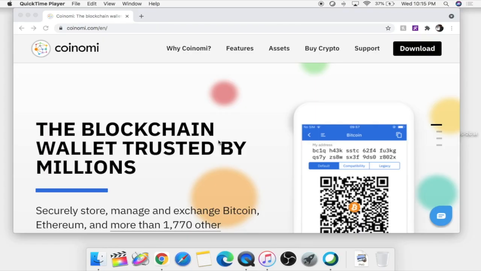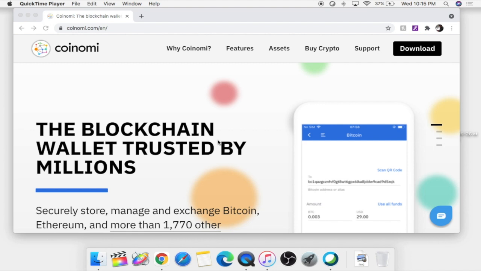Hello guys, today I'm going to show you how to mine DogeCoin on a Mac M1. For this purpose, we're going to use the Coinomi wallet, which has a great user interface. It's available for Windows, Mac, and you can also download the application for iOS. Let's get started. Okay, so the first step that we need to take is we need to download a wallet